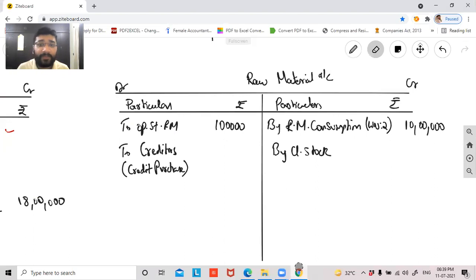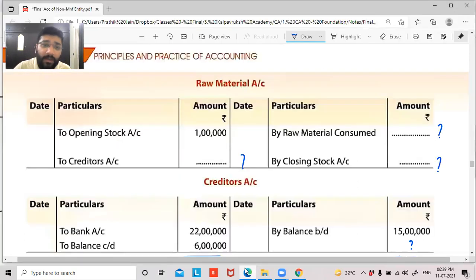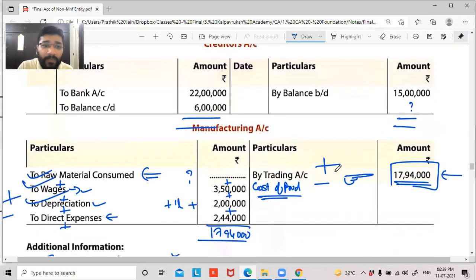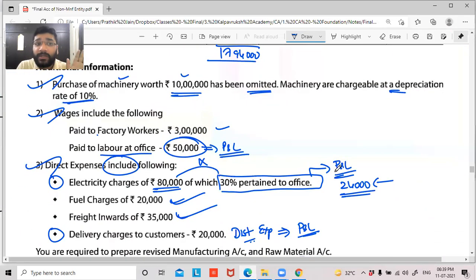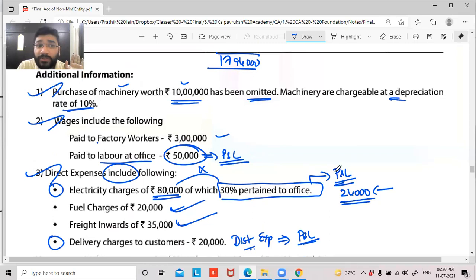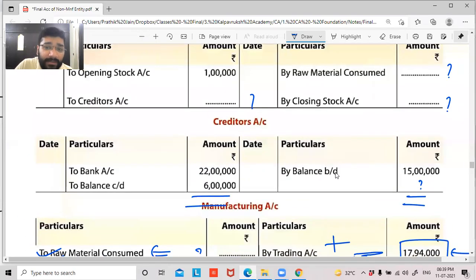Guys, in here, I have a total of 4 pieces of information. For me to calculate or complete this ledger, I should have at least 3. So I need to find out either this or this, in such a way that I find the remaining missing figure. Now, please look at the question, guys, and tell me what hint is available to me. All the additional information I've exhausted. Now, what am I left with? I'm left with only creditors account.